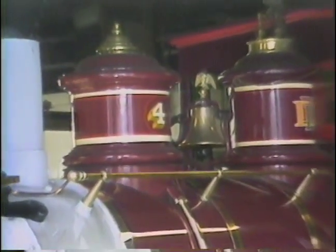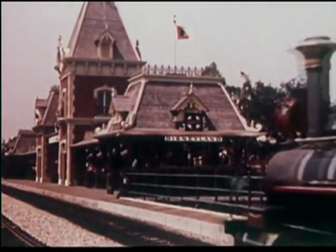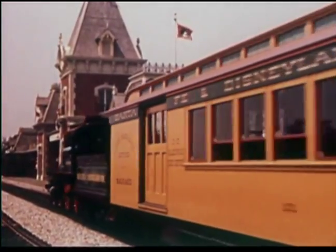Yes, there are 4 engines and 4 different coach setups. We have what we call the Holiday Green, Holiday Blue, Holiday Red. All of those are identified by the striped canvas tops that they have on. And then we have the excursion train, which actually represents an old excursion type train used in the South many